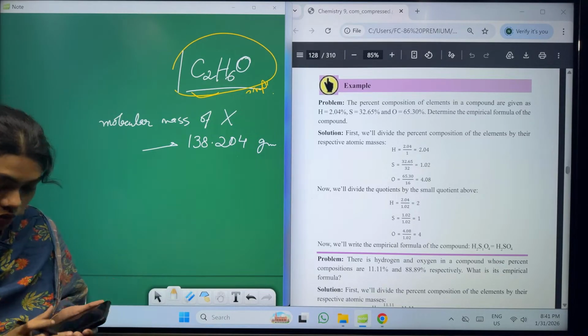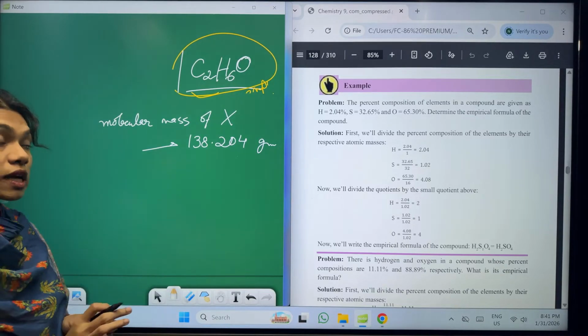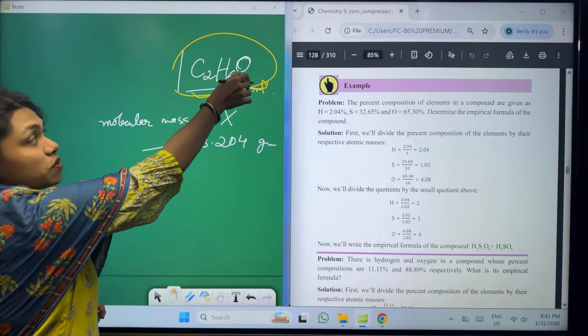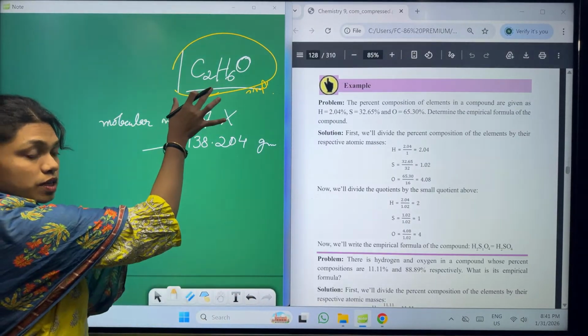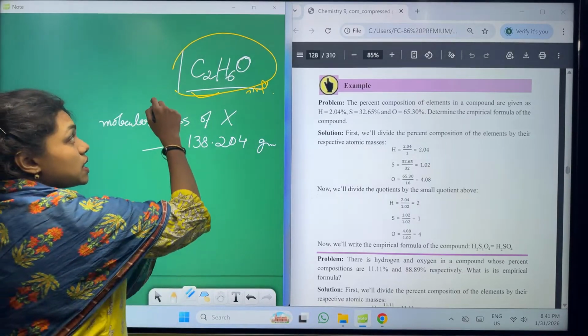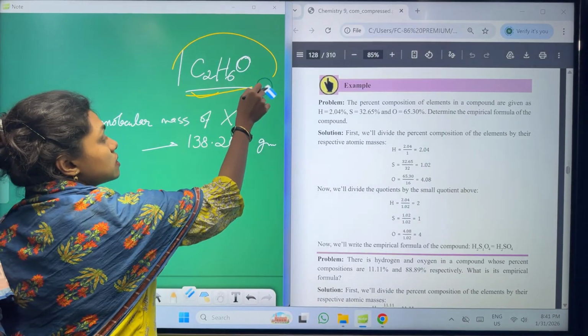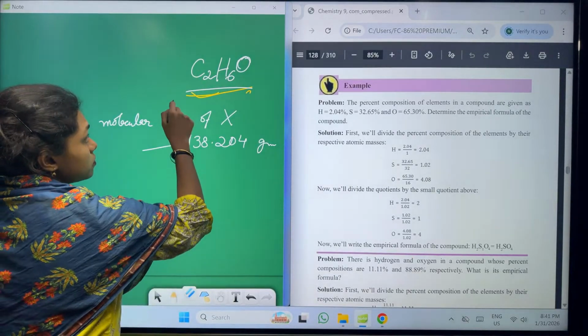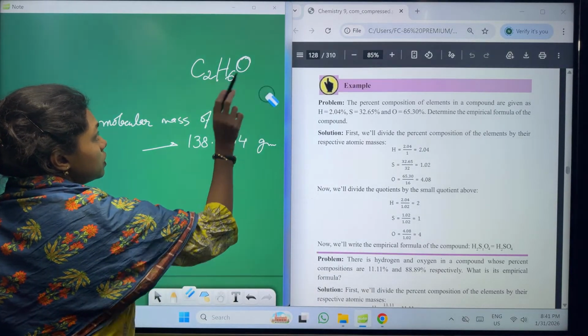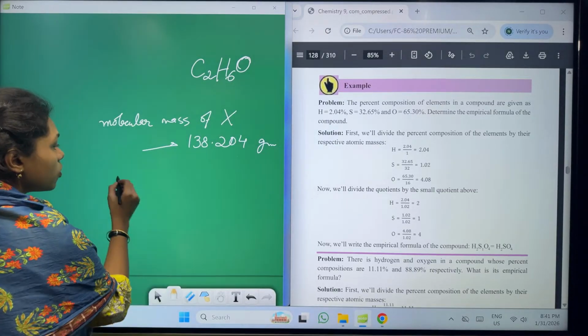As I've told you, in order to find the molecular formula, we can multiply each of these numbers of atoms with the same number, but we have to do it exactly at this ratio. So can we say that the molecular formula will be